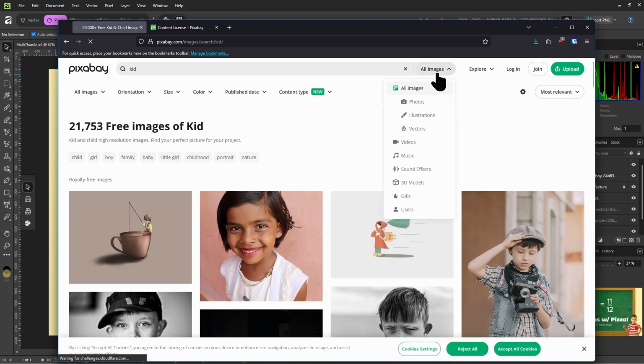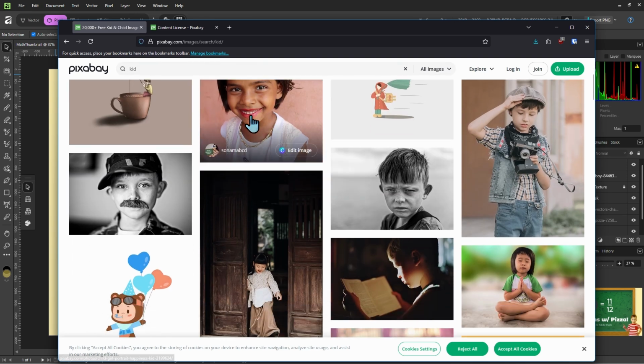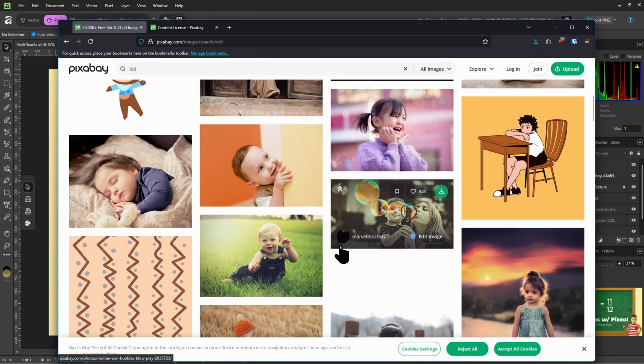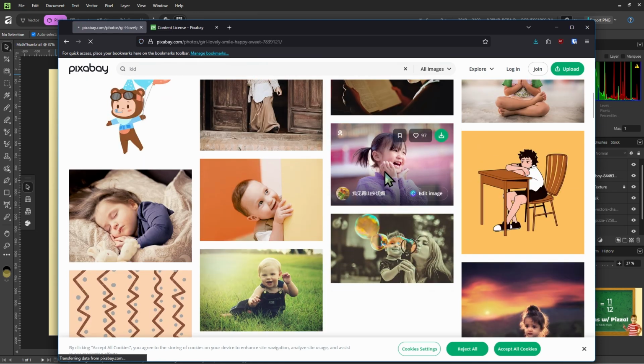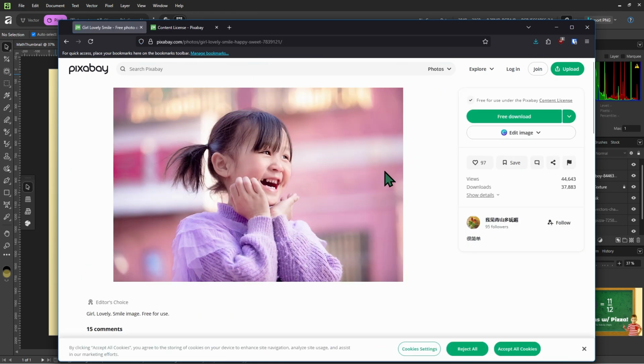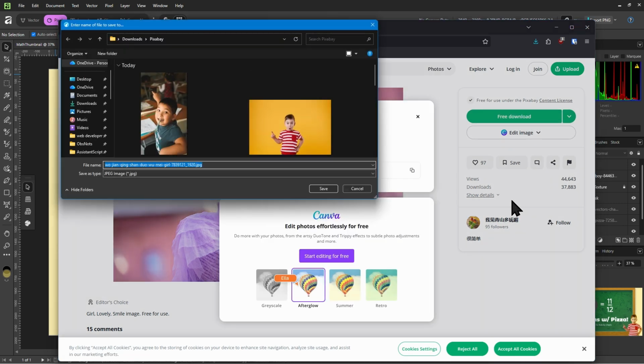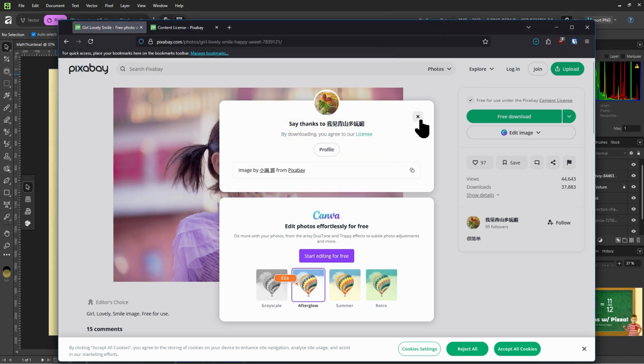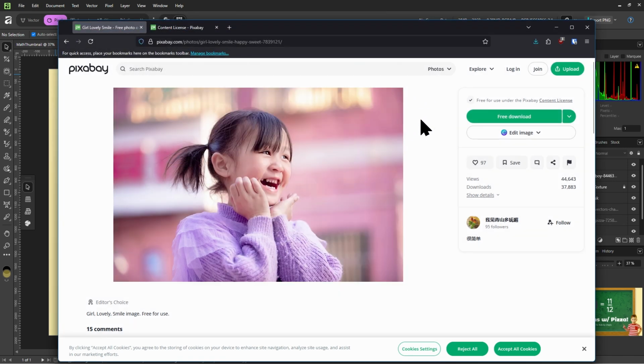So we get photos, illustrations, and vectors of kit all at once. Maybe this one. Download it. And now we just need to find a cartoonish version of a kit.